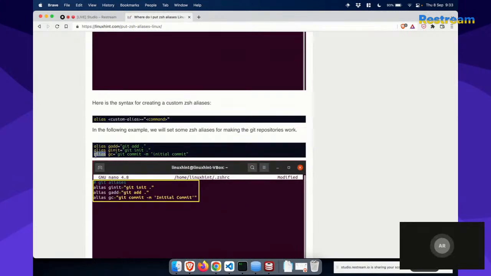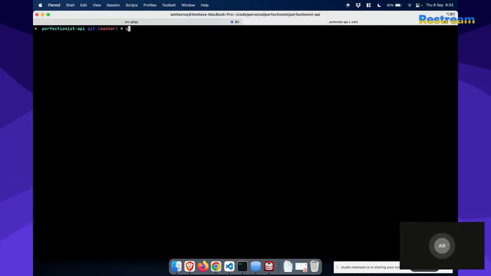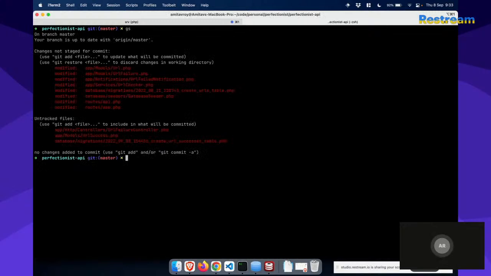Alias GC equals git commit with a message initial commit. This is what I'm talking about. You can have git add, which basically will do a git add dot. So for example, in here, I am doing GS. If I see everything is fine, I'll do git add, then GC, which stands for git commit,